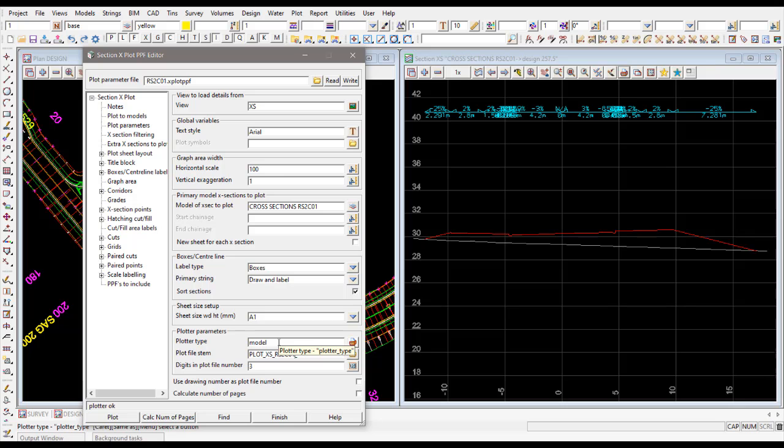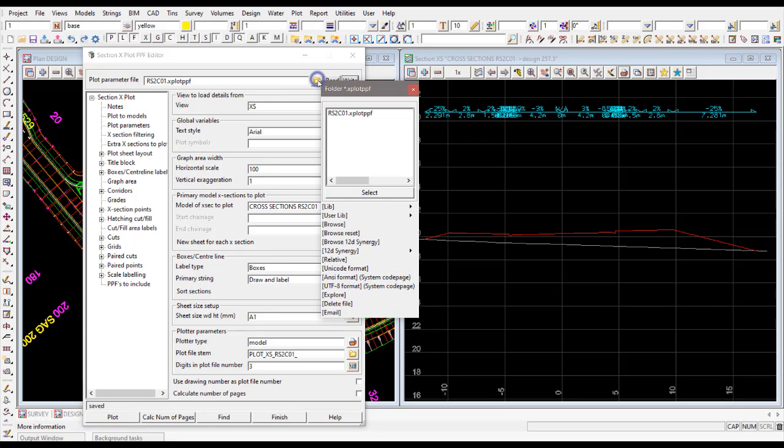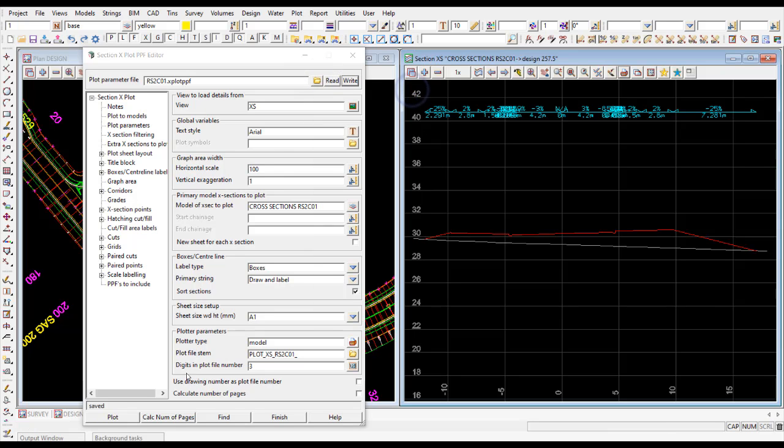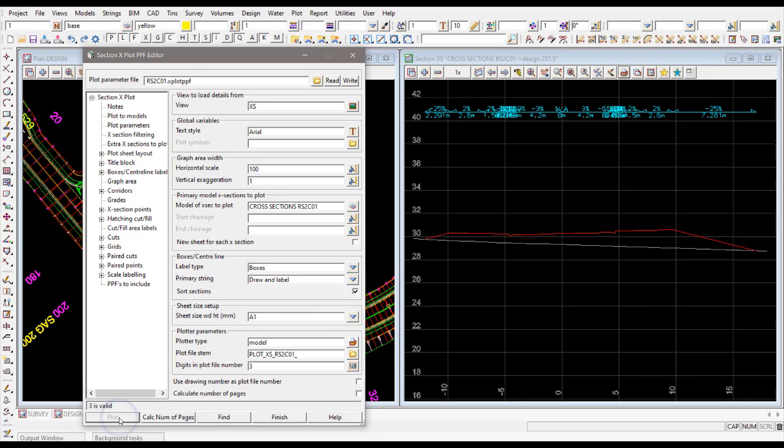So the default plotter type here is a model, so it's going to plot a model within 12D so we can have a look at the cross sections. And that's all we need to do, and I'm just going to write that file just so it's saved away, so next time we come in here we can pick this file here. That's all we need to do. We can just go straight to plot. That's going away,